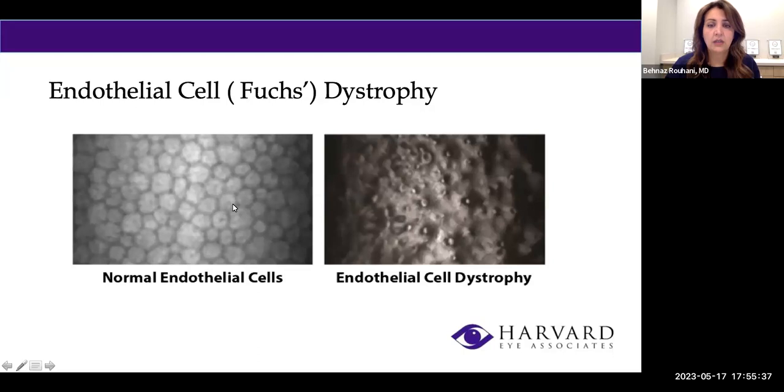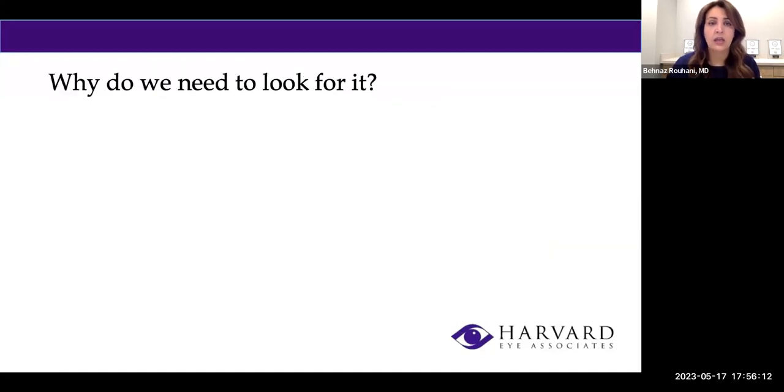This is another test that we do to look at the shape of the cells of the inner part of the cornea, or endothelial cells. This is how they should look normally. And this is when the endothelial cell dystrophy happens, so that shape will be gone. The cells could be looking different. There are going to be some areas without any cells, or what we call cell drop. So staging of that disease is very important too, in terms of making a decision on how to proceed with cataract surgery.